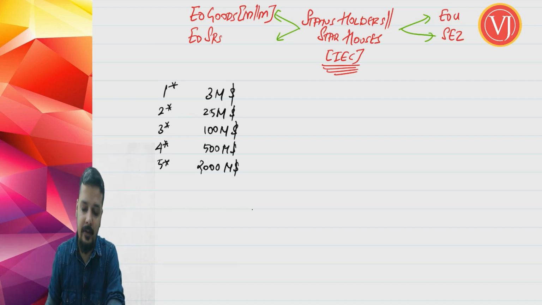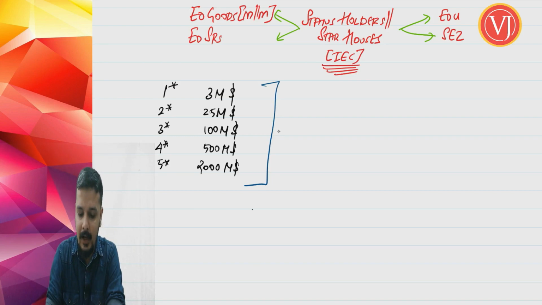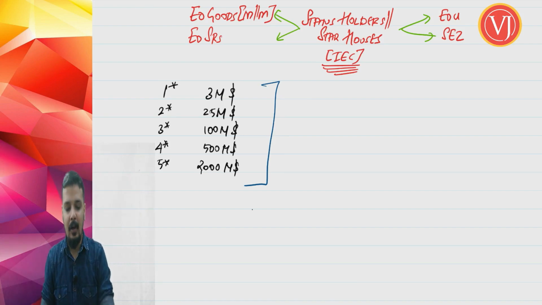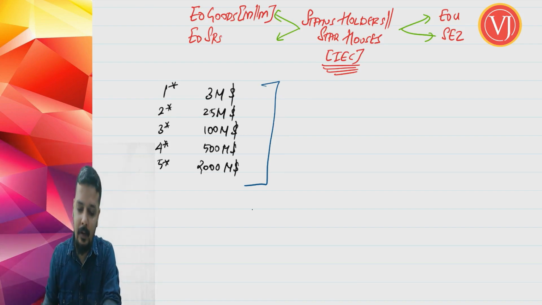Now friends, when you calculate your US dollars, how do you have to calculate? What to include, what not to include? That is the next discussion, which is very, very important. What to include and what not to include, right? So practical questions come from these areas. What to include when you're calculating your US dollars?